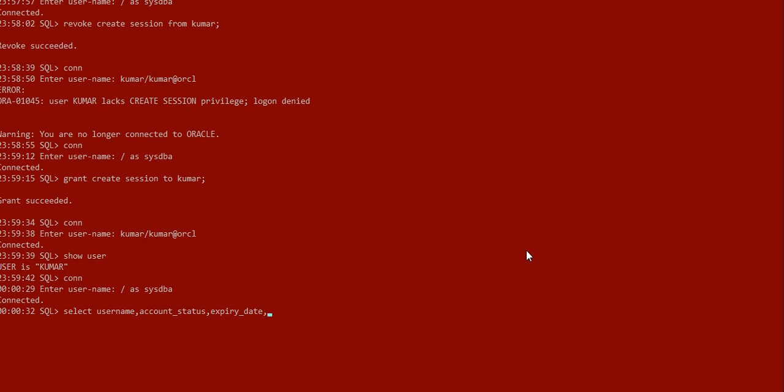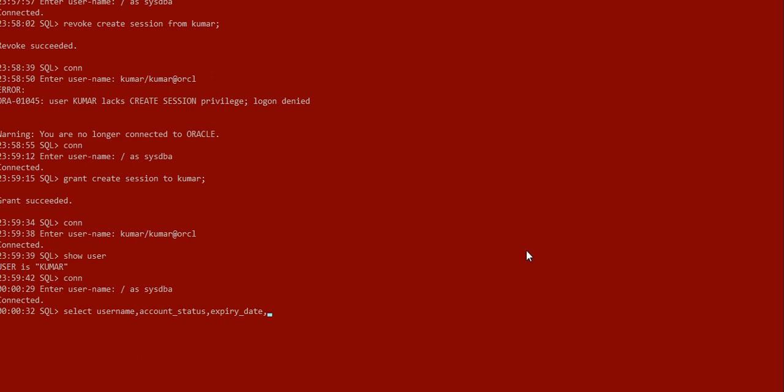Basically these are the values set by different profiles in the database, so that from time to time we can reset that user. Sometimes a user is working in the system, and it's a company policy that after 6 months or 3 months, whatever their policy is, they need to recheck the user's authorization. That's why they set the expiry date, and those expiry date values are set inside the profiles.